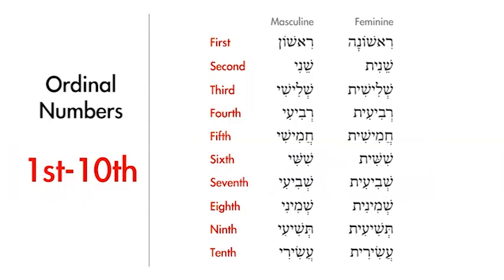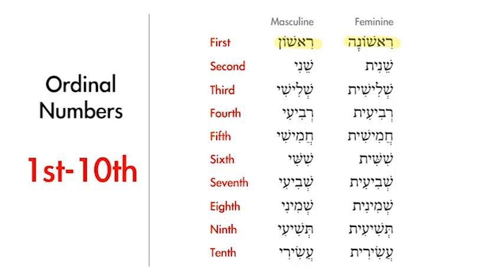Finally, we come to the ordinal numbers that appear in the Hebrew Bible, and you'll see that most of the ordinal numbers look like a form of the cardinal number you've memorized at the very beginning. The only outstanding difference is the ordinal number for first, rishon in the masculine or rishonah in the feminine. This does not look like the cardinal number for 1. It looks like a form of the word rosh, meaning head or first, and that's exactly what it is. So if you can remember the word for head being at the top or first, then you'll know the noun